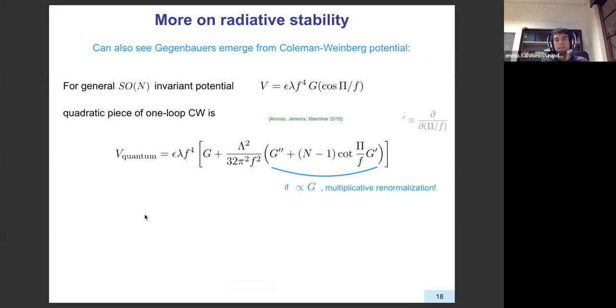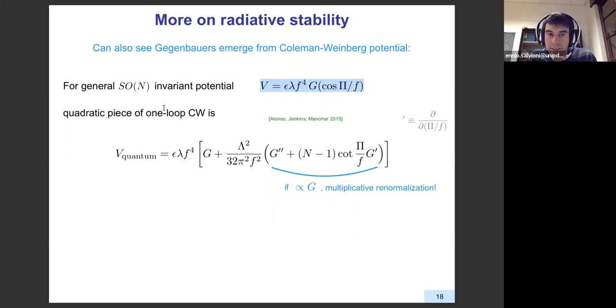So what we discussed so far is that these Gegenbauers are sort of the non-abelian analog of a charge n operator in the abelian case, if you wish. There is, however, another way to find the same answer, which I think is interesting, and I'll do it in a minute. Without knowing anything of what I said before, you could also find them directly by looking at the condition of radiative stability. If you take a generic potential written in this form, which is SO(N) invariant, where pi is just the modulus of the vector of Goldstones here,